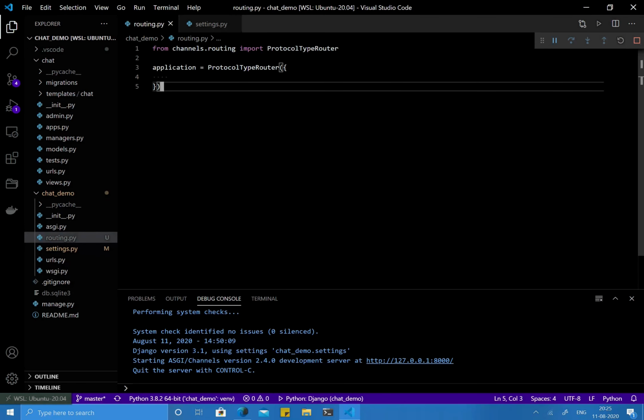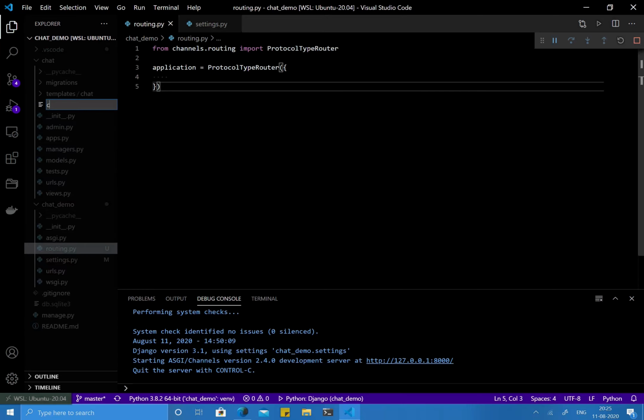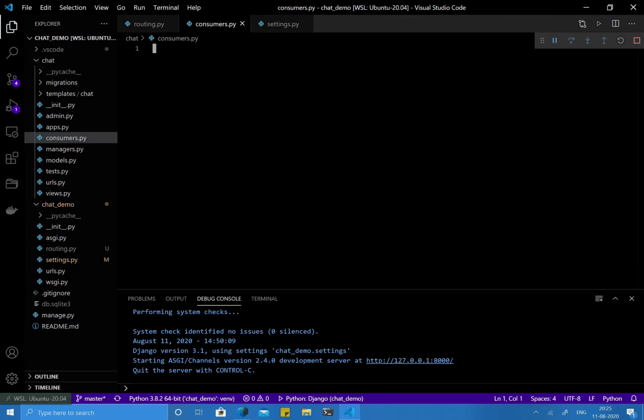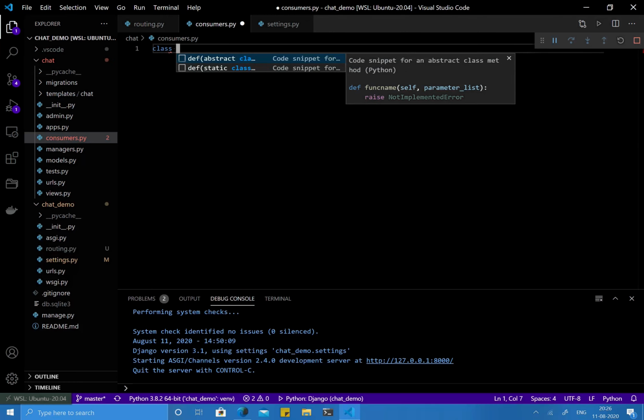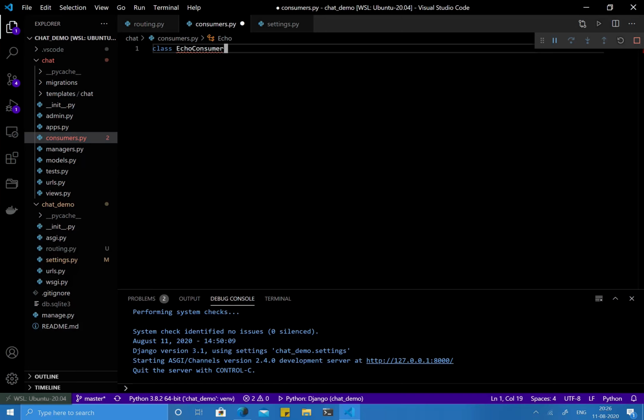Before going into the routing, we need to write the consumer. So where can we write it? As we are going to implement the chat application, we are going to create one file called consumers.py in the chat application. Okay, and we have to write a class which is going to be a consumer. So let's write it: class EchoConsumer for now, because we are going to respond back with the same string,